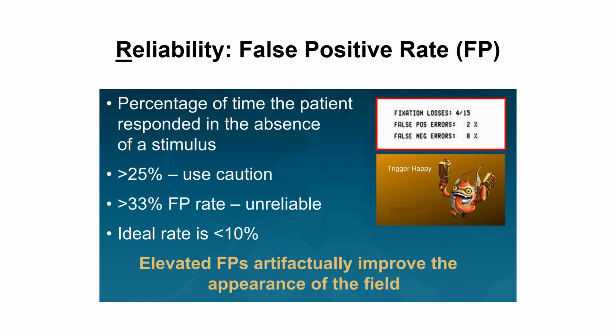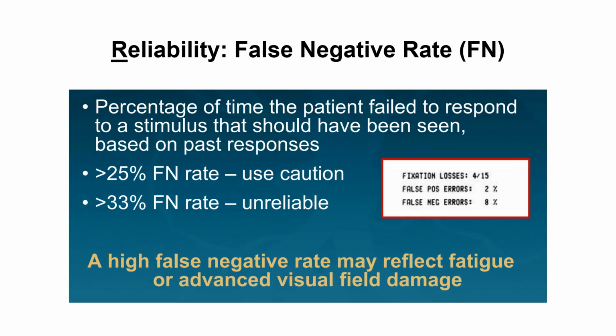Reliability in this is you should always check it before reading the printout, and here you see false positive errors 2%. Ideal should be less than 10%. Coming to the second one, which is the false negative rate, the second reliability index,